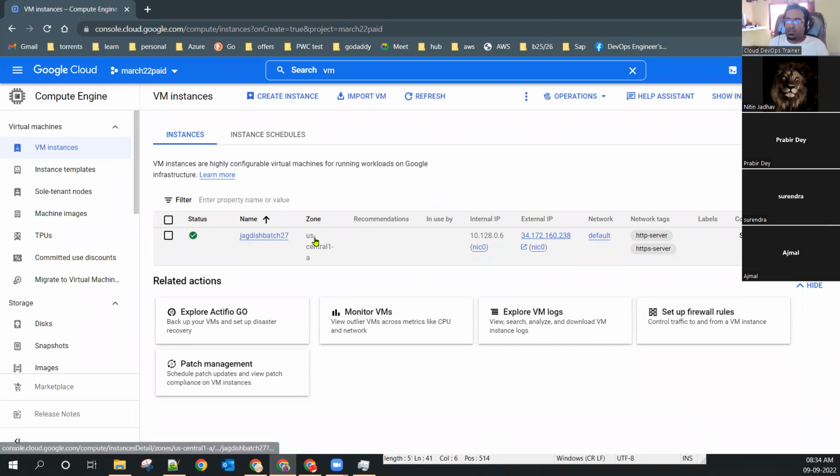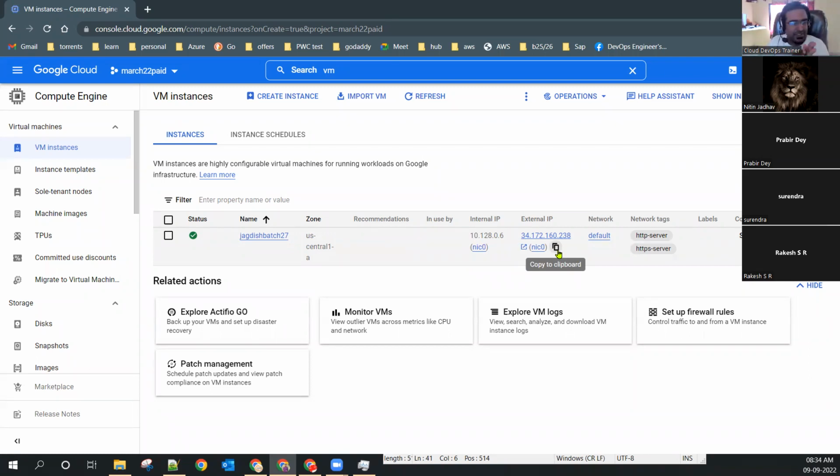This is the name, in the US location. Internal IP, external IP. I need a one-line answer first. What is internal? What is external? It is internally communicated to the server. Yes, internal into the Google Cloud data center. We can connect with the help of internal IP. External IP. What is external IP?